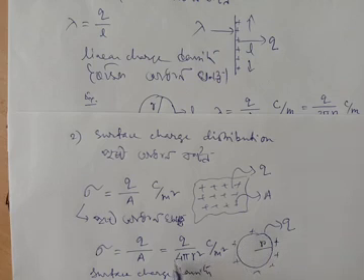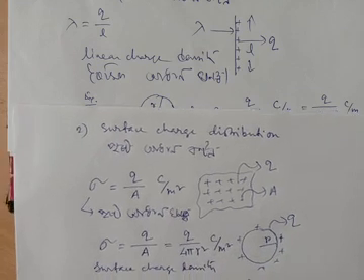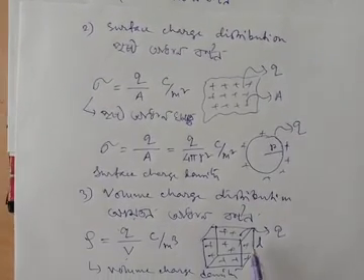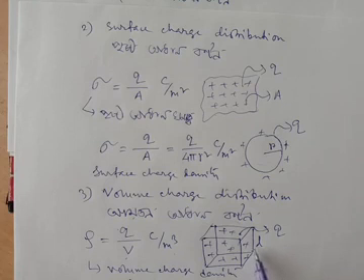You know it is 4 pi r square, so sigma is equal to q by 4 pi r square coulomb per meter square. Now we will define the third distribution, that is our volume charge distribution. Let us consider a cubical volume, a cube of side L. Suppose charge Q is distributed within the volume uniformly. Then this is called volume charge distribution. Then we will define another quantity rho, that is volume charge density. That is given by Q by V and unit is coulomb per meter square.